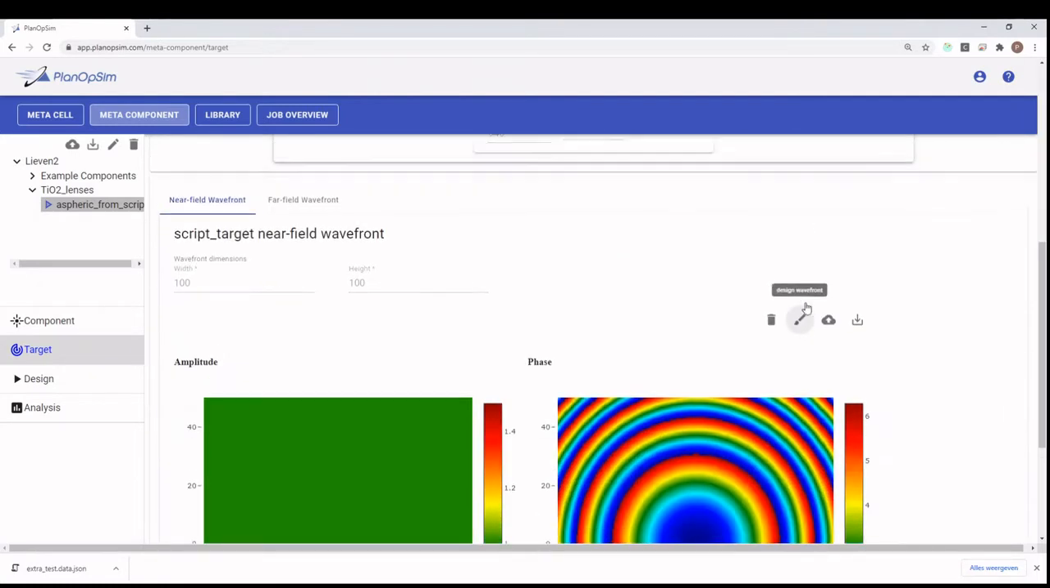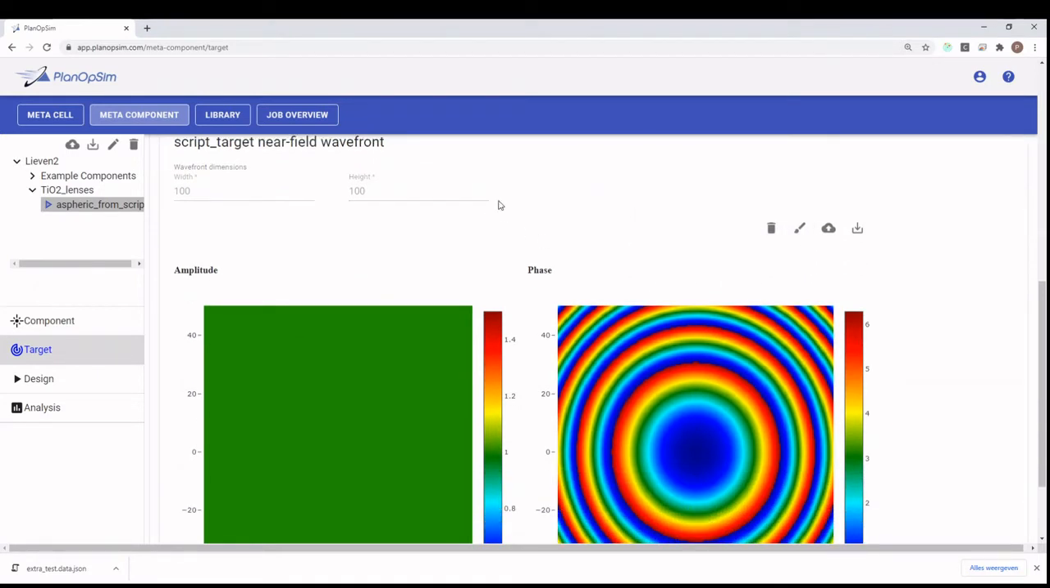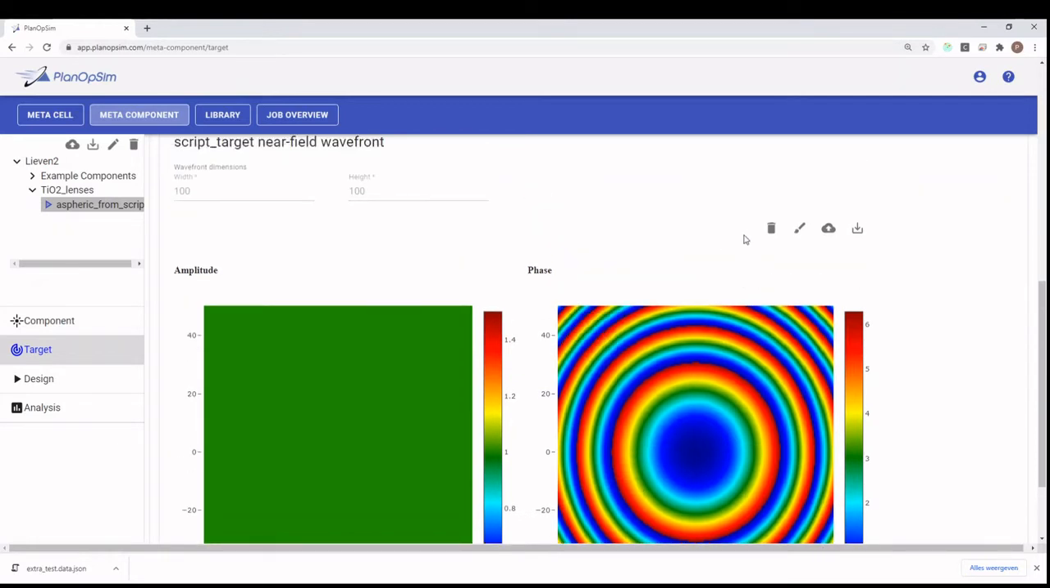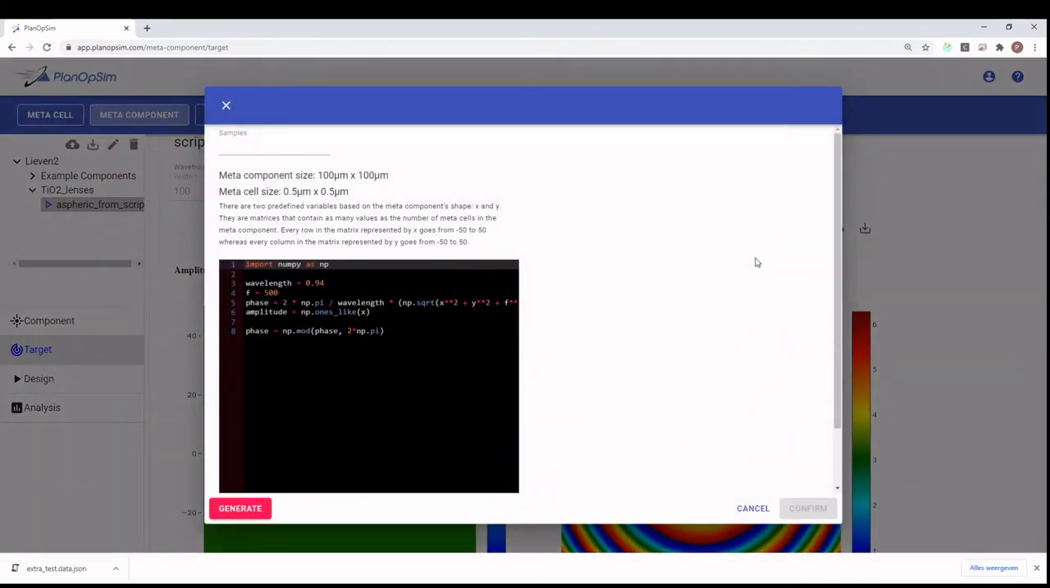And now go to defining our near field wavefront. There are two ways to generate the target wavefront. One is by uploading it externally. The other one is by going here and clicking the pencil icon, which will open up a pop-up containing a little script console where we can generate our own wavefronts from a Python script. We can build a script either from scratch or select one of the examples here. In this case, I will take the aspheric lens,